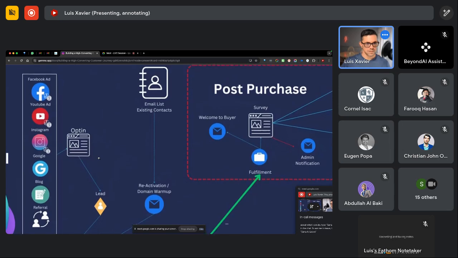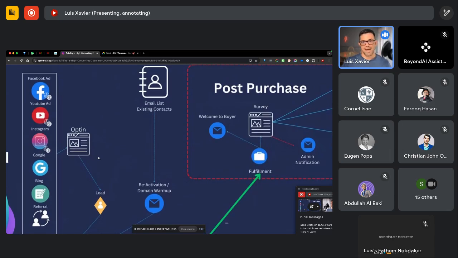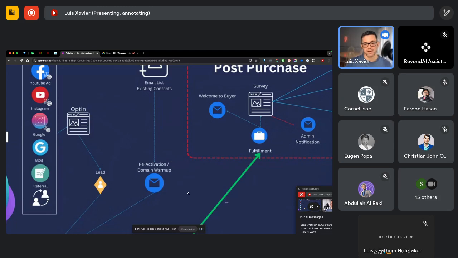Okay, so in here, straight off the bat, there are two very important things happening. When you implement this system, you will more than likely already have a list. So we tap into the list that you already have. We don't want to be wasteful. We want to utilize all the resources that we have. So in here, we've got your list, or the client's list, and we're going to send a reactivation email.